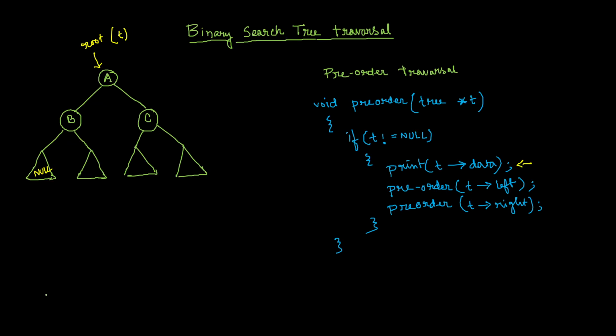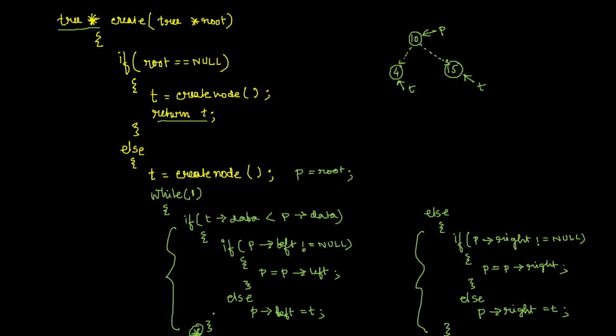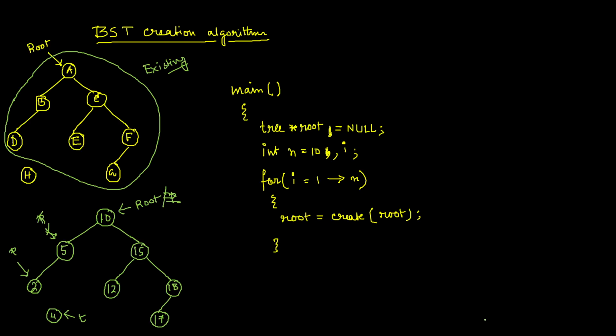So that means this p right not equal to null is false. So again it will come in the else part, and then p right equal to t will get executed. As soon as p right equal to t is executed, this particular connection will be established, and the job is done. So now I should break this loop.